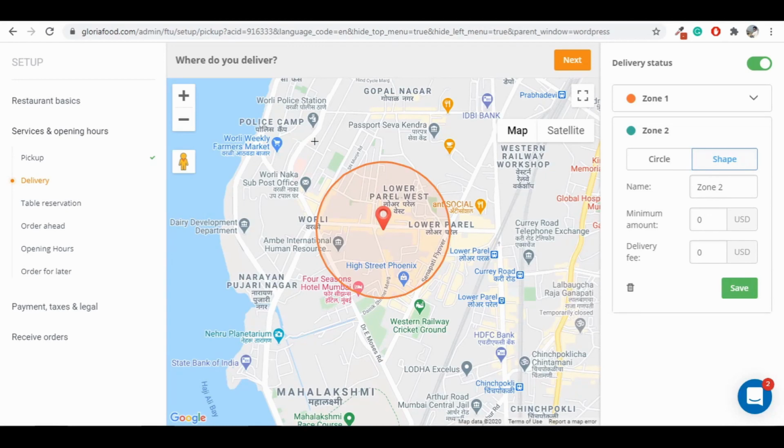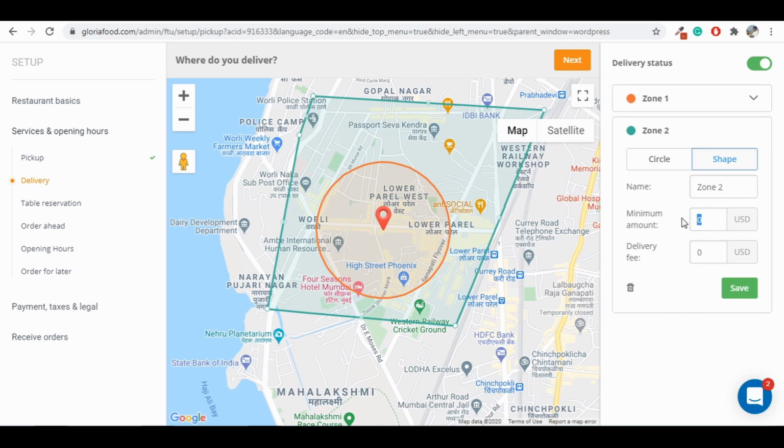Okay, and I am going to offer this area, but I do not want to cross the railway line. I want to cover this street as well because this is a posh area, and then I want to close it. So this is the second zone where I want to deliver my pizzas and burgers,